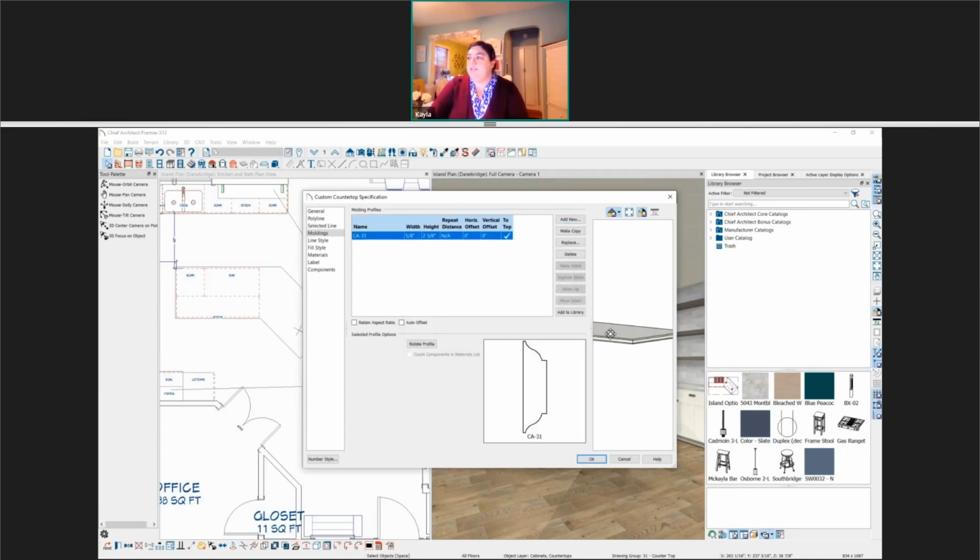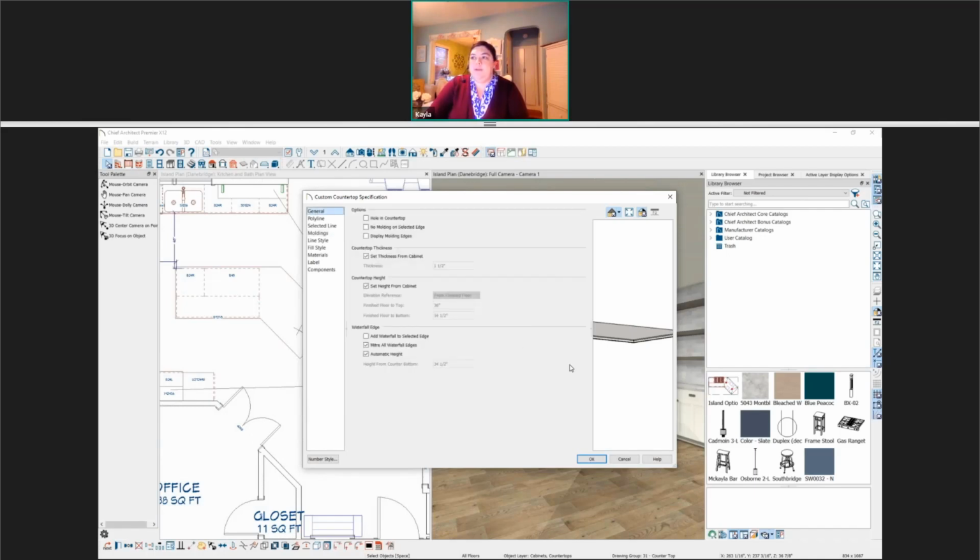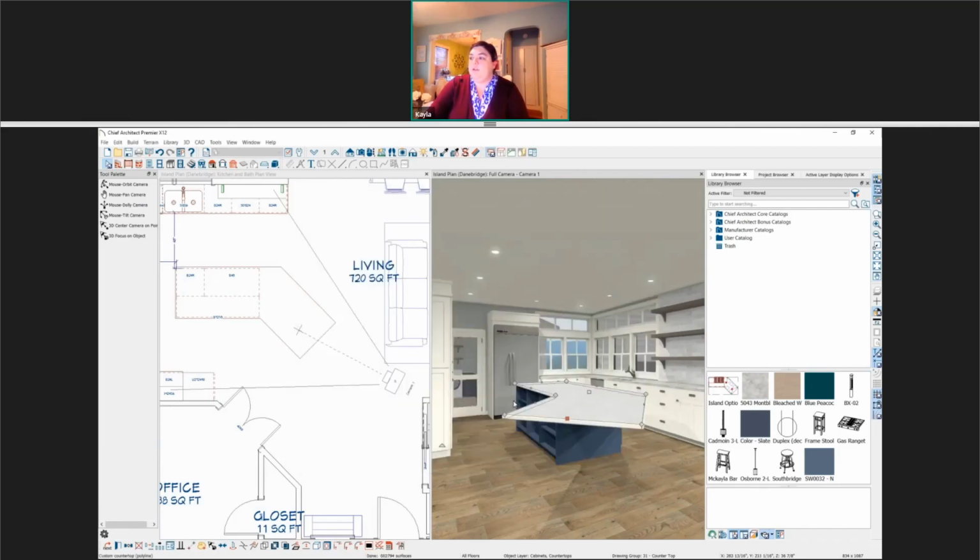Select one that I like. And if we zoom in, you can see that molding applied to the edge. Right now, the height of that molding is 2 3/8. I have a 1.5 inch thick countertop, so I'm just going to reduce this molding down to 1.5 inch thick. I may need to reduce the width, but I'm going to go ahead and leave it at 5/8. And that's the only thing I'm going to change about this countertop right now. I'll select OK. You can see that molding is applied. We'll clean up the materials here in a bit.